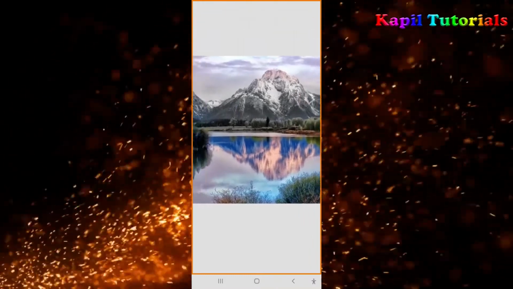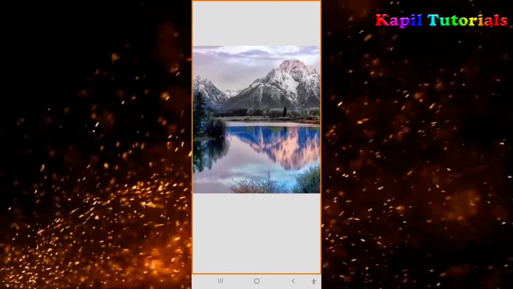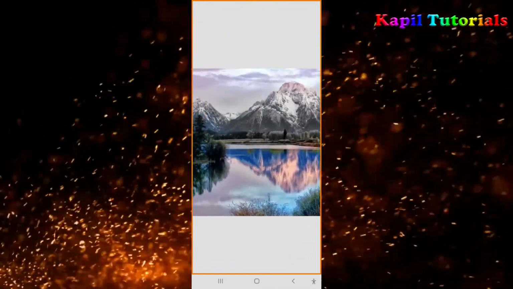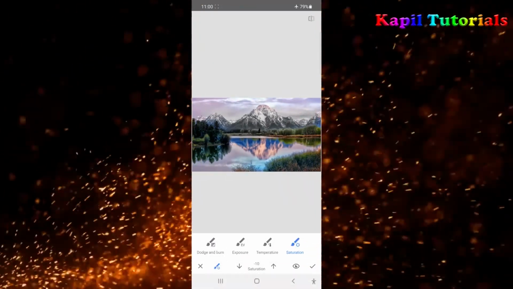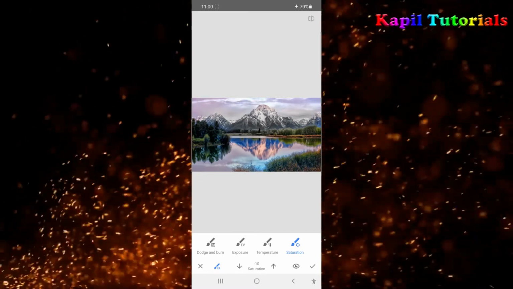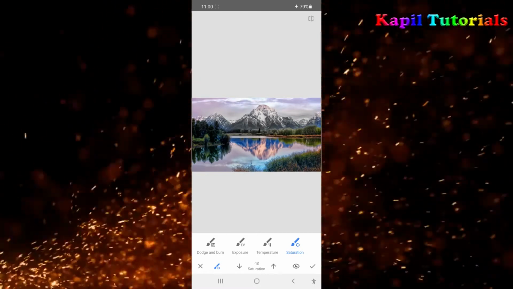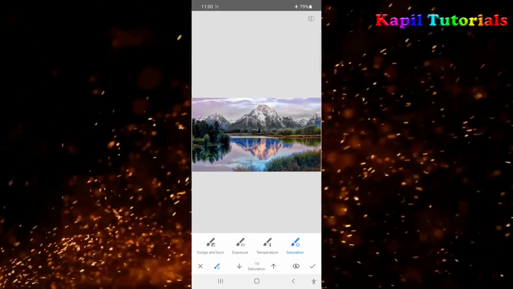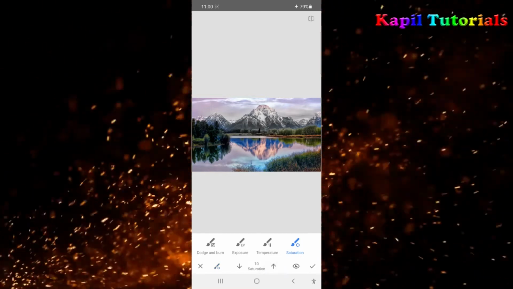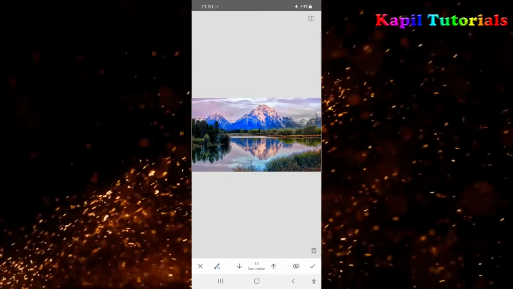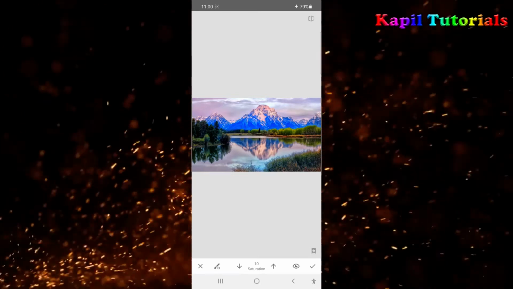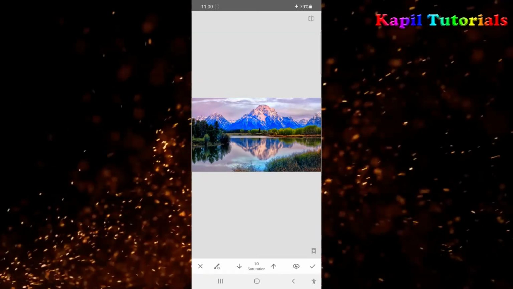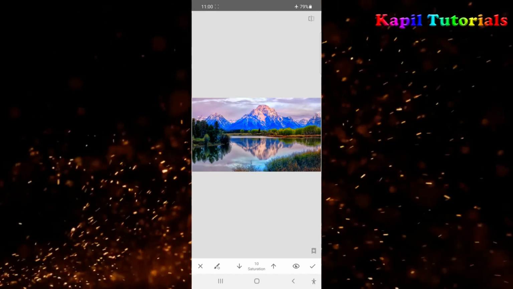So this effect also you can get by using this saturation tool. By using the brush, you are using the saturation but on selective parts. Same way you can increase, and then if I increase, I can increase the color part. So I hope this is very much clear to you.